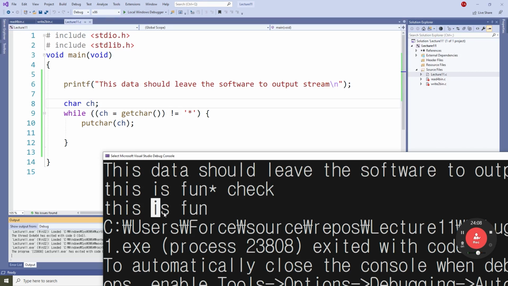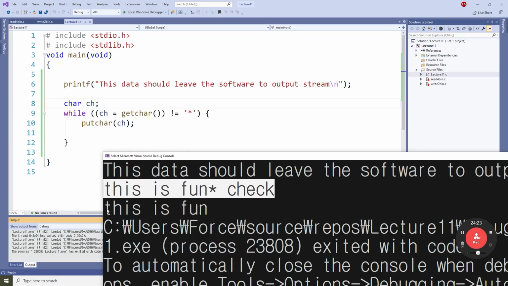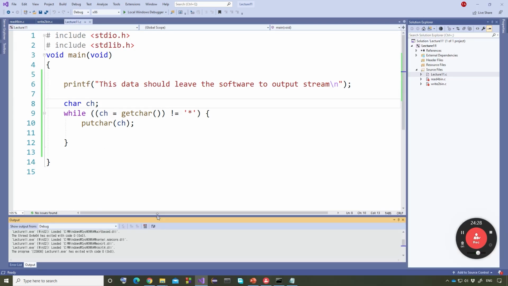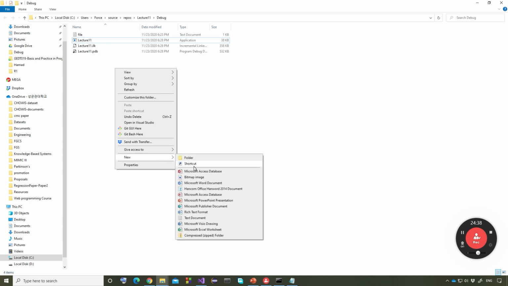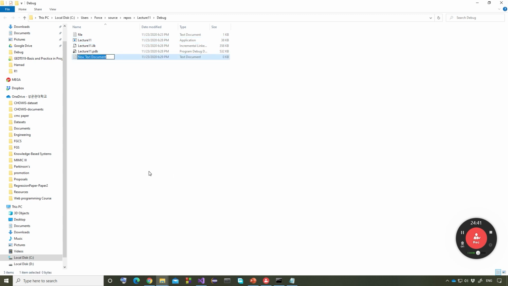So how about this? The software here reads the data from the keyboard. How about if I make this software read the data from a file? How can I do that? Let's do the same thing. I will copy what I inserted from the keyboard, and then I will go here and create some file, a text file. Okay, new, and then text file, and I will name it input file